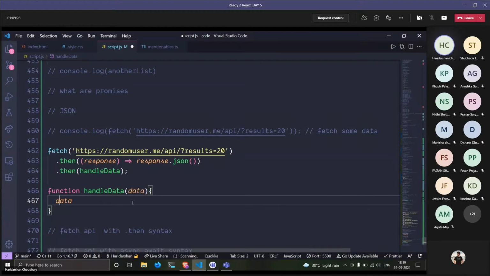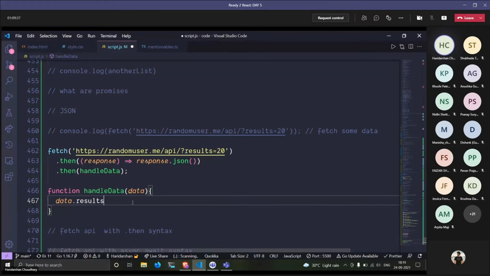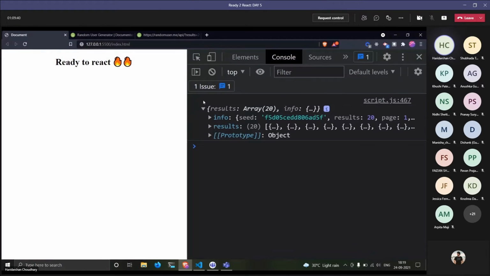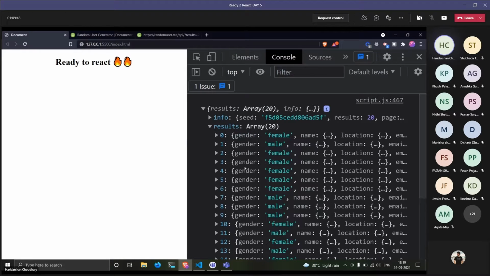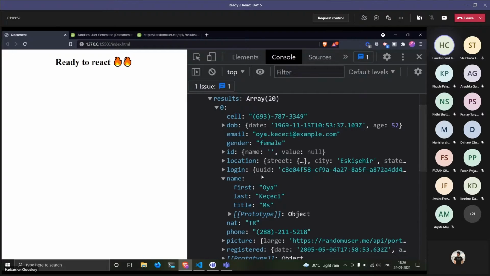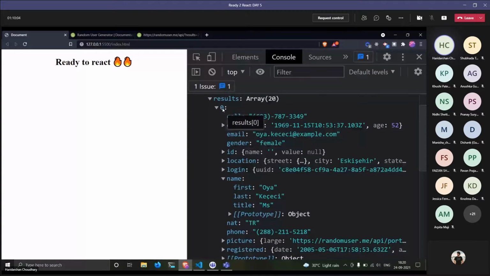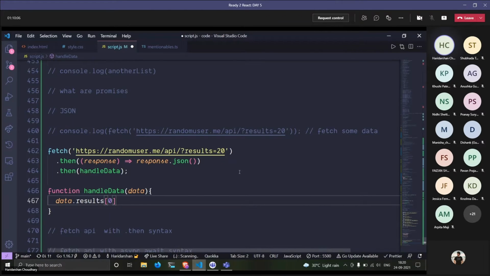Now console.log data, this is not useful for us. So instead of that, we do data.results. That was the array we had in this data.results, and this was the array of 20 people. Okay. So if you have a closer look at one object, you will see that there's a name object inside that object. So this is data.results, and if I type 0, which is basically the first result, and I want to access the name dot name,